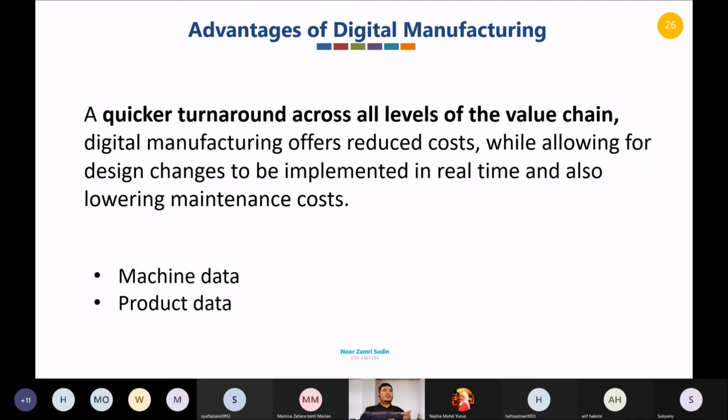You can upgrade everything, and after that you run it on the real machine. So you can reduce a lot of cost, including maintenance cost. Because if you test it first on the real machine and the machine breaks or gets damaged, it will increase the maintenance cost. Digital manufacturing will reduce this cost.